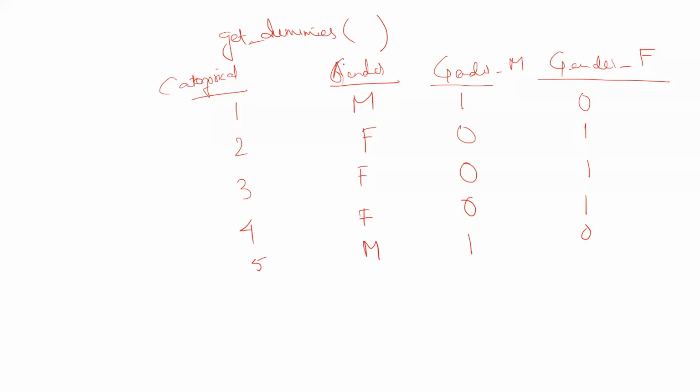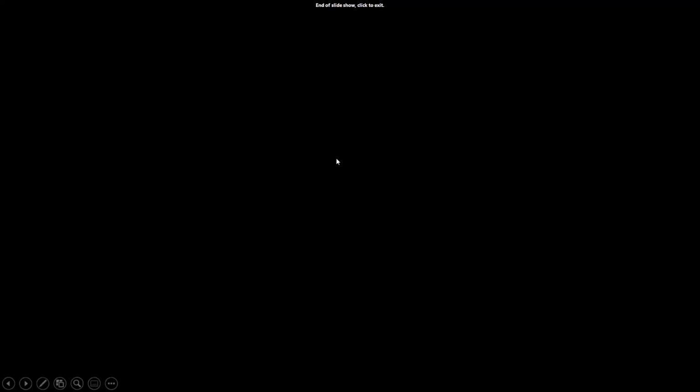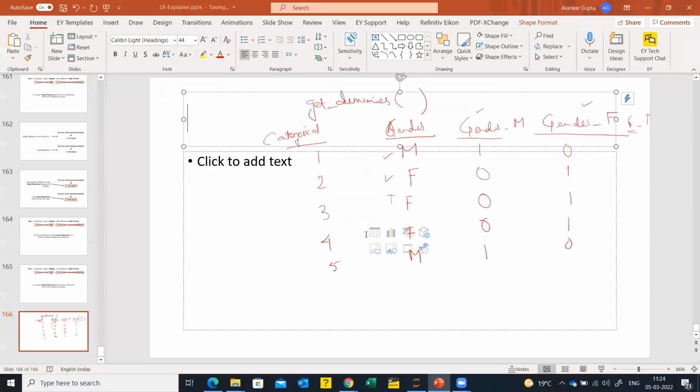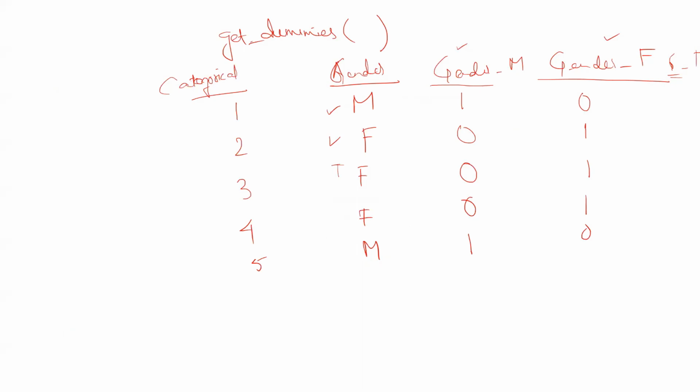is if it has any categorical value, it will first count the number of categories. Say for example, it has only 2 categories, male and female, so it will create 2 columns for you. Had there been a transgender category as well, it would have created male, female, and then a transgender column as well. But for now, we have only 2 values in this data set,